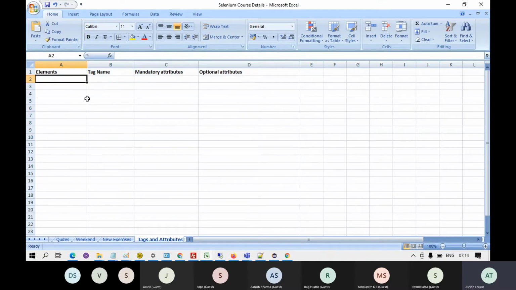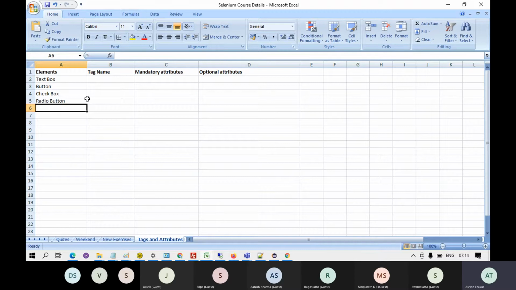For example, you have a simple text box on the web page in which you can type, or you have a button or a checkbox or a radio button on the web page. What else do you have?